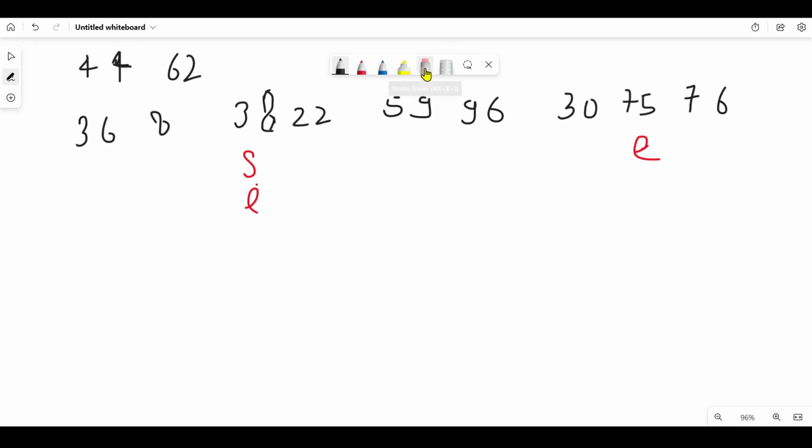As I have swapped it with the ending index, I am going to move the ending index one place ahead, and I will not change my s and i. Now the ending index is pointing to 30. So I will check again for this value which has come from the end. Is it less than 44? Yes, it is. Now I will move both values s and i,